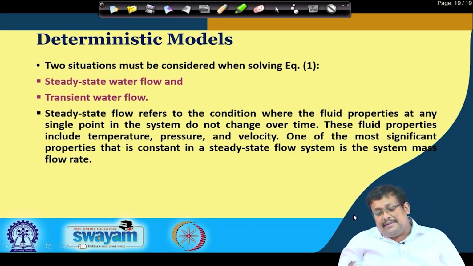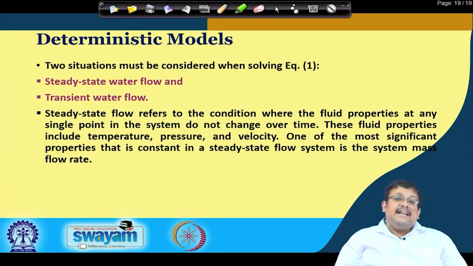Two situations must be considered when solving this equation 1, or the CD equation. First of all is steady state water flow, and the second one is the transient water flow. So, what is the steady state water flow and what is transient water flow? So, steady state flow